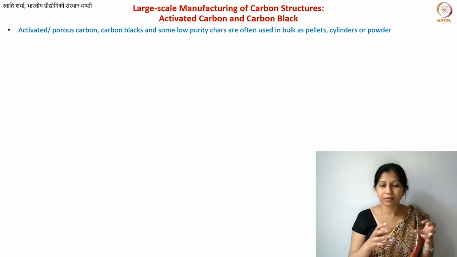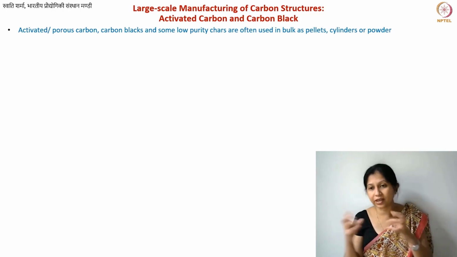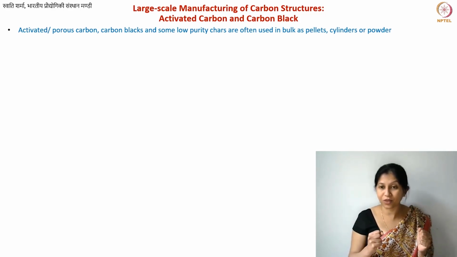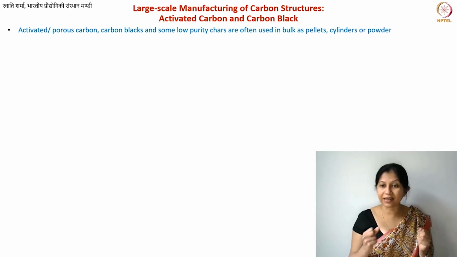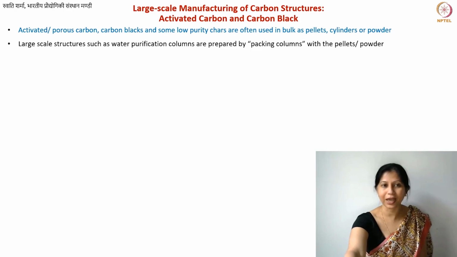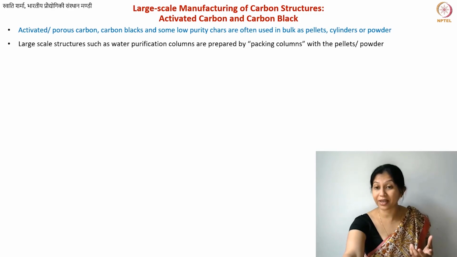So you will not add a resin and do the heat treatment in this particular case. If you want to make a certain structure, that is more of a physical packing rather than further heat treatment. So these materials are available in the form of powders or pellets. Okay, and also some other char-like materials, for example, waste-derived carbon and so on. So all of these materials are available as pellets, and if you want to, for example, use activated carbon,